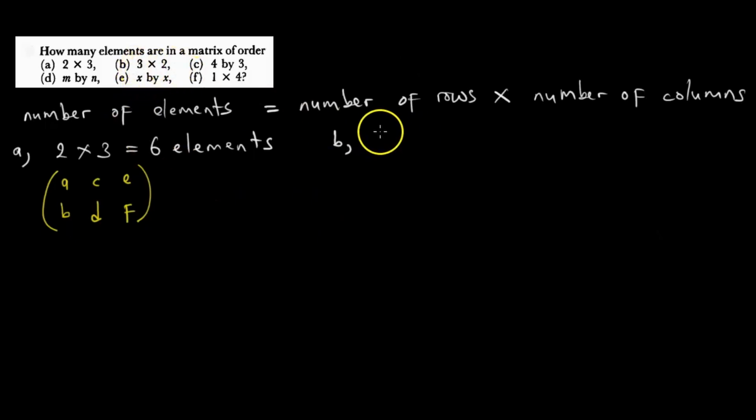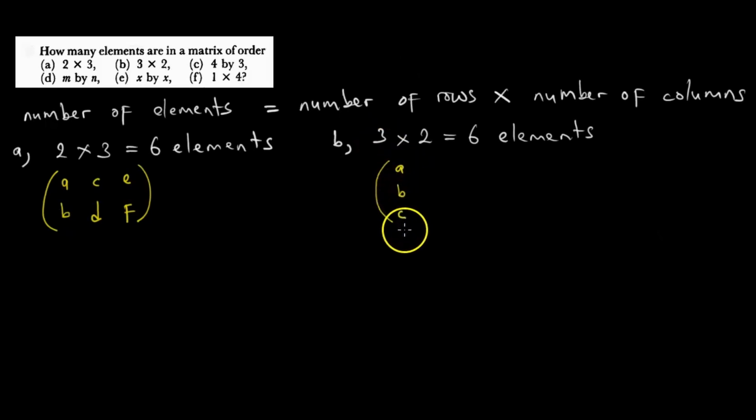B it's a 3 by 2. So it's just 3 times 2 which gives us 6 elements again. And let us see kuti zvinobuda sei. We have 3 rows panapa A, B, C. And we also have 2 columns. Kureva kuti it will be D, E, F. Like this. Ndozvinenge zvakaita matrix yacho tikaverenga ma elements by hand tinoona achibuda ari 6 elements.